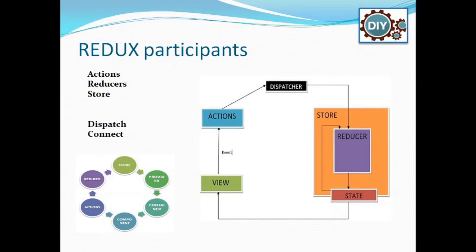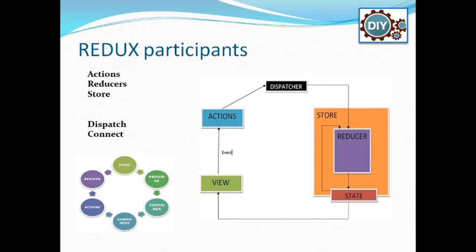We decide how many actions are needed, and create an action types class and the actions. That decides the flow of your application. It is just like API calls, like how many endpoints we have for our application. Similarly, the number of actions decides the flow of the application.